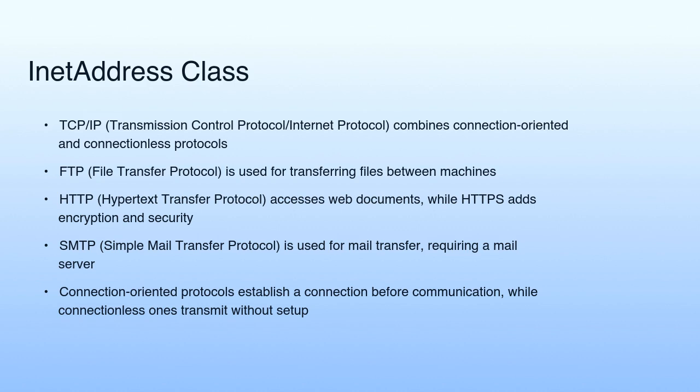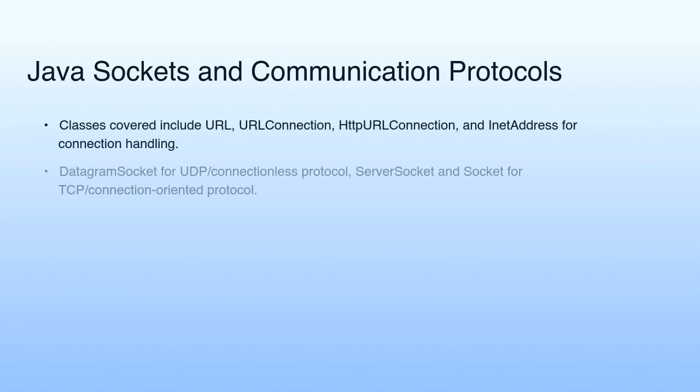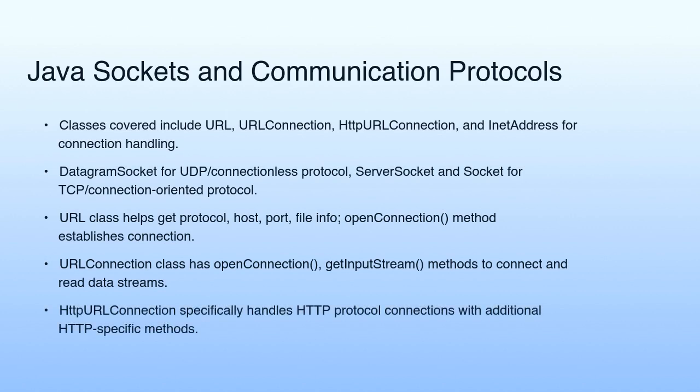Connection-oriented protocols establish a connection before communication, while connectionless ones transmit without setup. Java provides classes like URL, URLConnection, HttpURLConnection, and InetAddress for connection handling. The DatagramSocket class is used for the UDP connectionless protocol, while ServerSocket and Socket are used for TCP connection-oriented